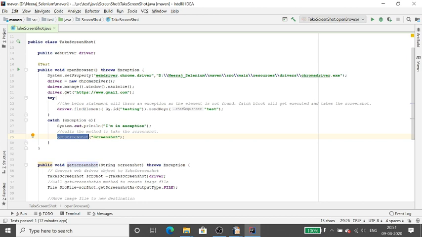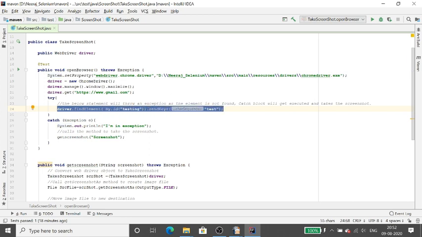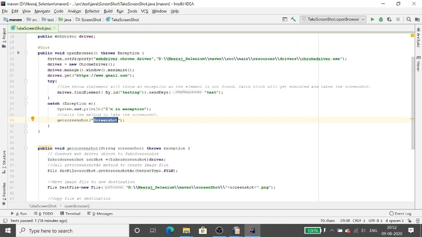What method have I passed in the catch? The get screenshot method, right? So it will take a screenshot of the page where it is not able to find the element. When it is not able to find the web element, it will move to the catch block. As you know, I have used a try catch block here. So when it finds an exception, it will move to the catch block, and in the catch block I call that method to take a screenshot. It takes a screenshot with the name of the screenshot which you want to capture, so I have written it here as screenshot name. It will place that screenshot in the specified location which I have passed.